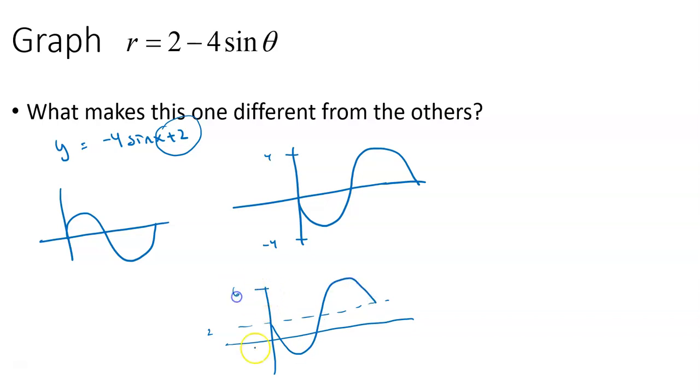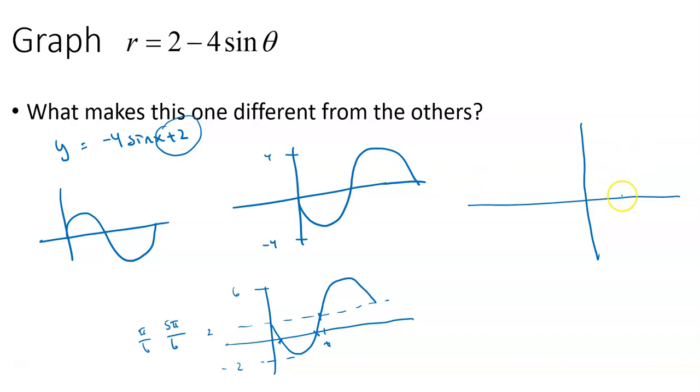So the max is now at 6. The minimum's at -2, and this has a couple intercepts that it didn't have before. Rather than go through the whole thing, I'll give you some values. This is pi. The two intercepts here and here are pi over 6 and 5 pi over 6. So the short version of this story is this. What the graph does, and I got to switch to an appropriate color to do this,